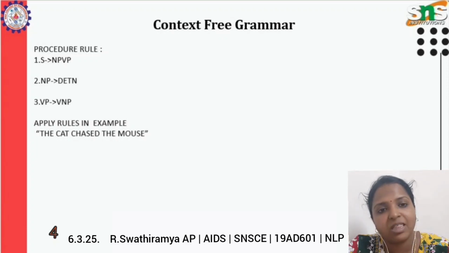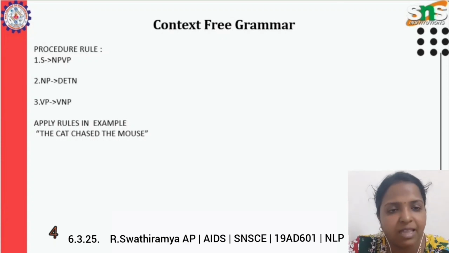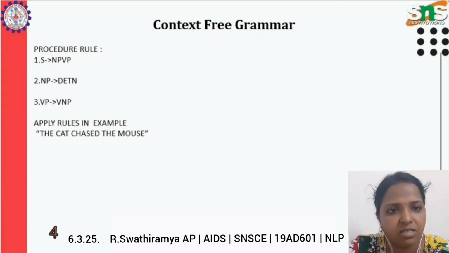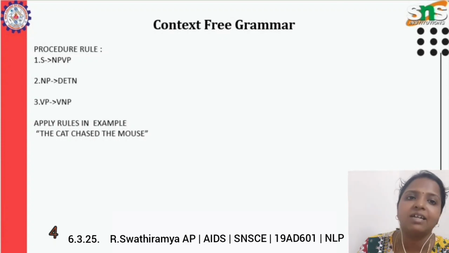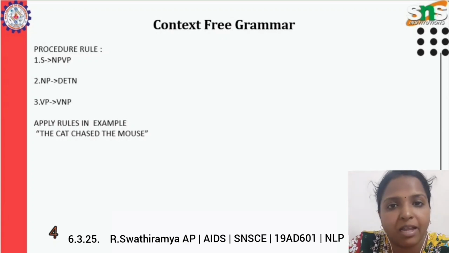Then I am going for rule 3, the verb phrase. The verb phrase should have the verb first, then it should be followed by a noun phrase. Here my verb phrase was chased. Obviously chased was a verb. Then it is followed by the words the mouse. The mouse was a noun phrase; in it you have the determiner the and the noun mouse. So my third rule was also satisfied with my example. From this, all 3 rules have been applied to my example, and I conclude that this sentence was grammatically correct. This is the way the system will apply the set of rules and regulations to each sentence,